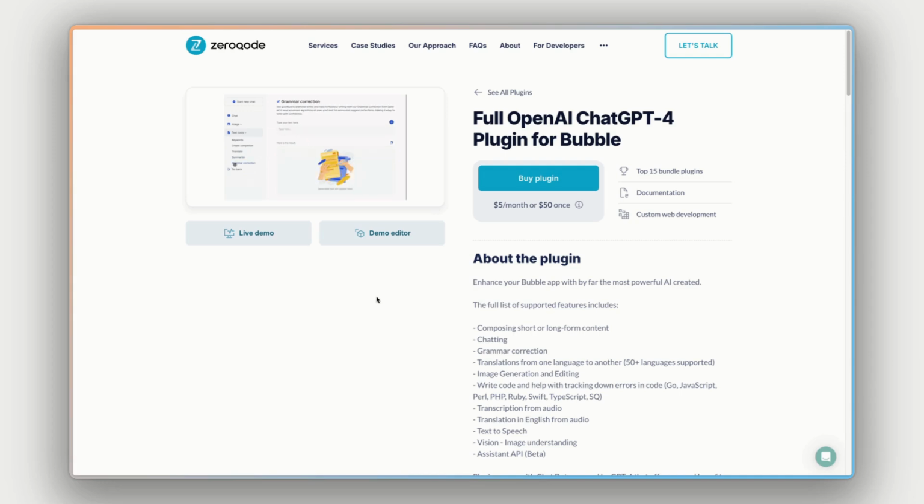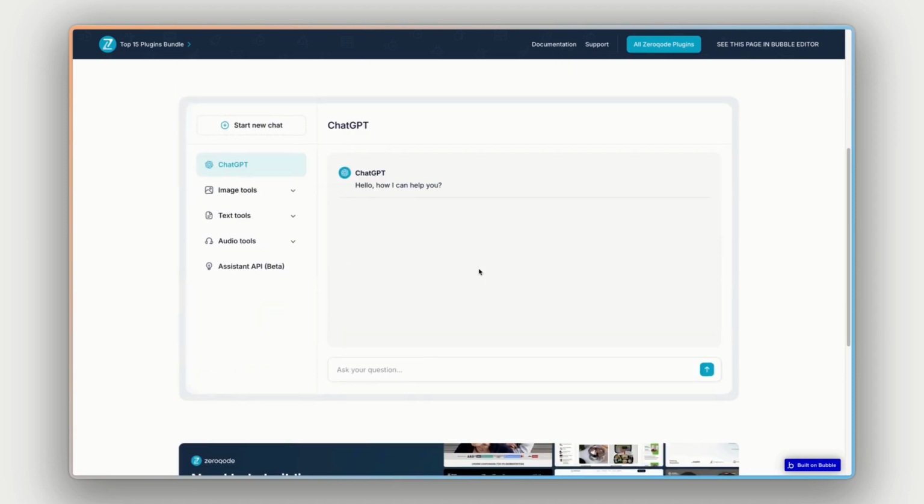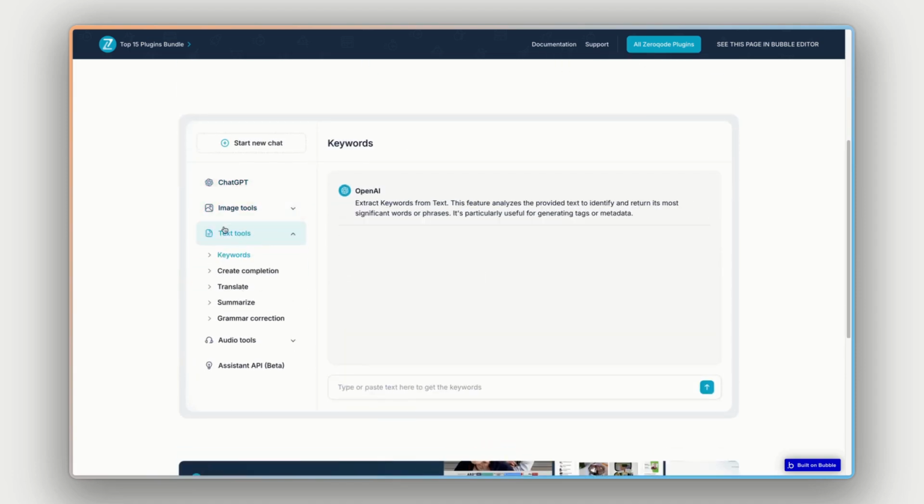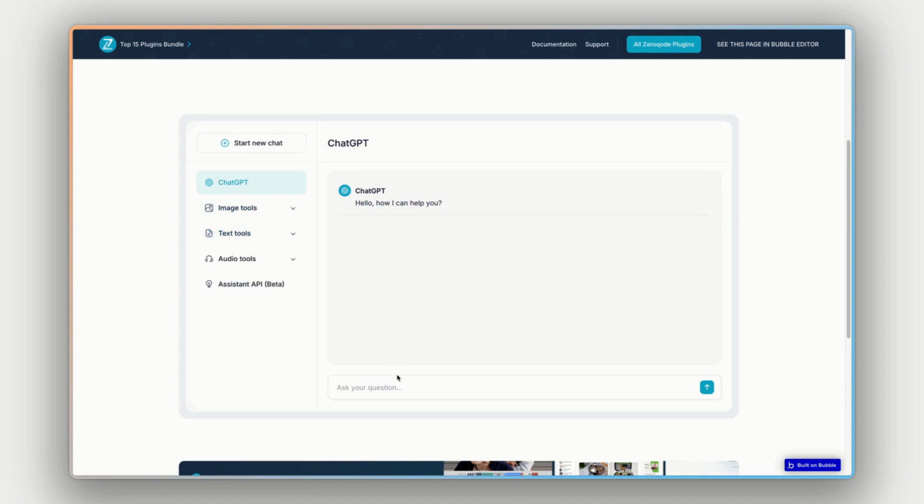Now, there are a few things to look at on this page here. The first is the live demo button. This will open up a pre-built app made by zeroqode that shows off the full functionality of this plugin from a user's point of view. So you can use it, try it out, and see all the functionality for yourself. If you scroll down on the page here, you can see multiple different tools and functionality sorted by category here on the left. So we can try out